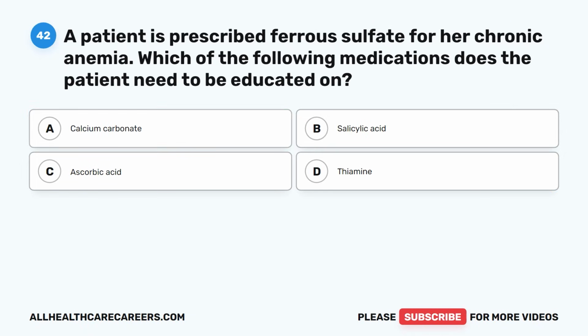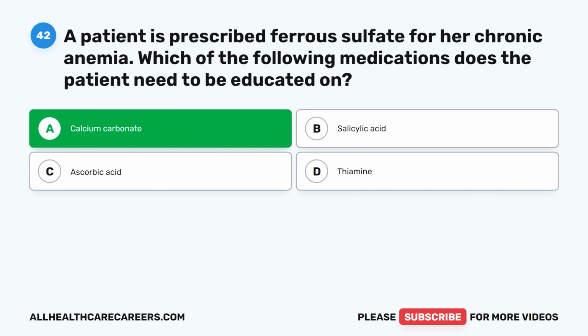Question 42. A patient is prescribed ferrous sulfate for her chronic anemia. Which of the following medications does the patient need to be educated on? A. Calcium carbonate, B. Salicylic acid, C. Ascorbic acid, D. Thiamine. The correct answer is A. Calcium carbonate,